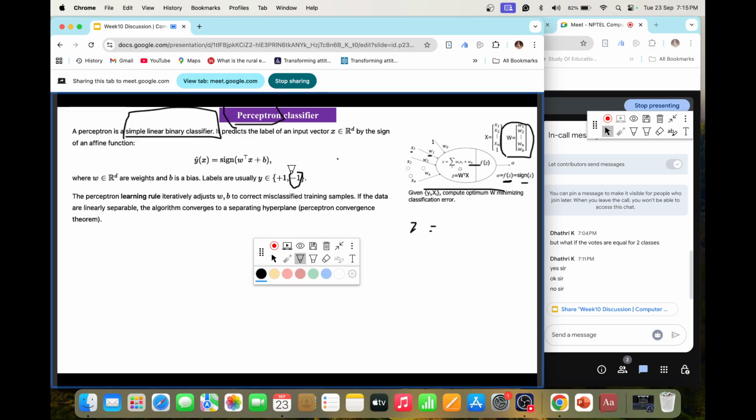Otherwise, if it is coming positive sign, then we will say our point is belonging to this positive class. Okay, so this is regarding the Perceptron algorithm. Now, how does the Perceptron learn? Perceptron is basically the fundamental thing for your ANN, the artificial neural network, because in an artificial neural network each neuron is nothing but